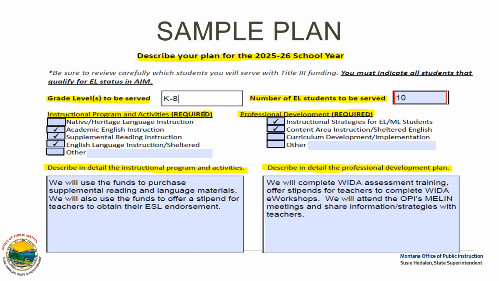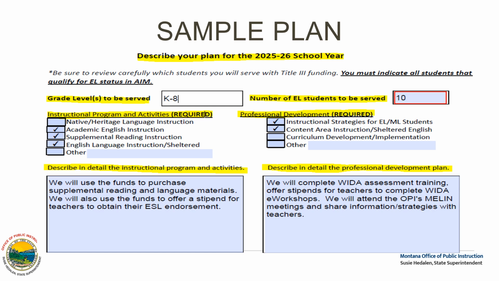But with $900 allocated to your district, there may not be a lot of money for professional development. So WIDA offers e-workshops, which are self-paced workshops that teachers can complete. It's open for all teachers. They could receive CEUs for it, and it is free. It's part of our WIDA contract. So outlining what they will be doing, I did not mark down here Summer Institute, but that's another brilliant way to receive professional development and training